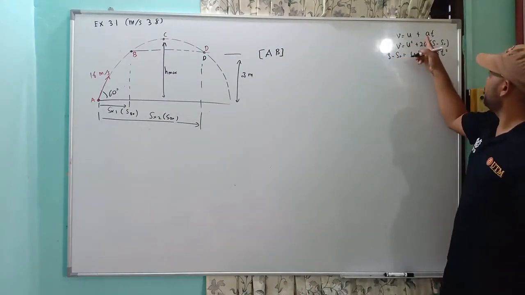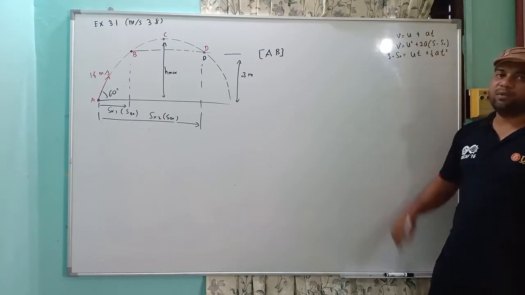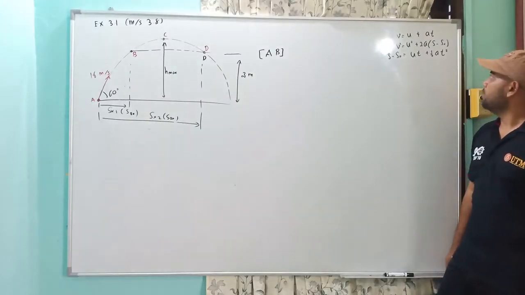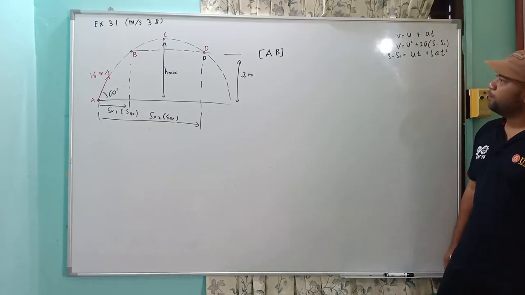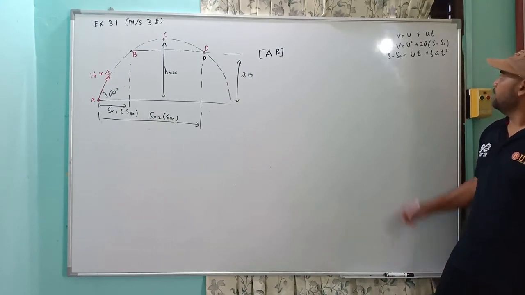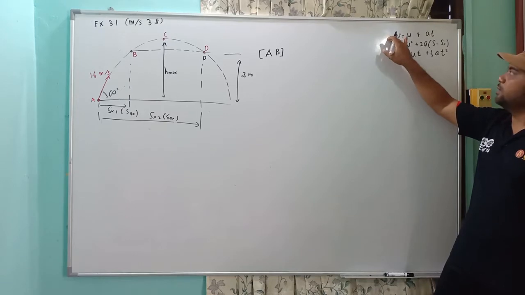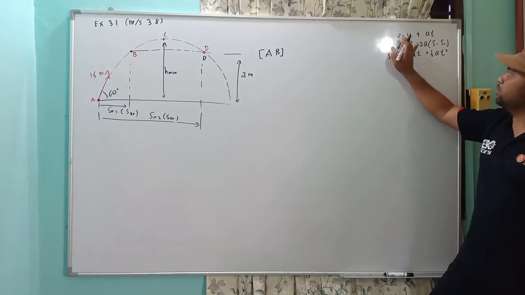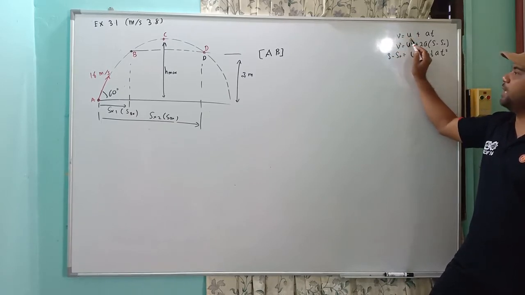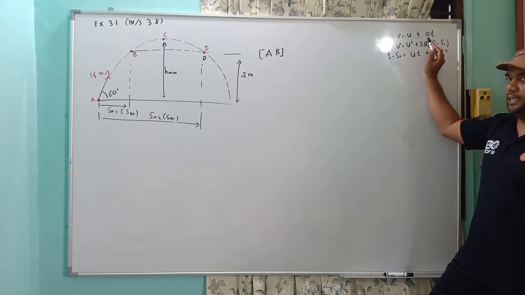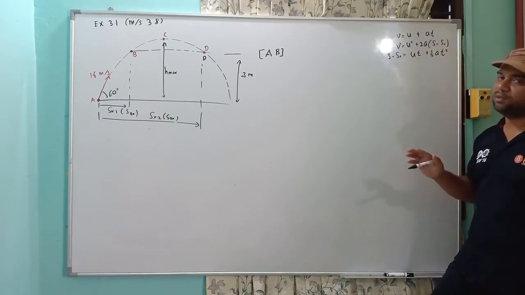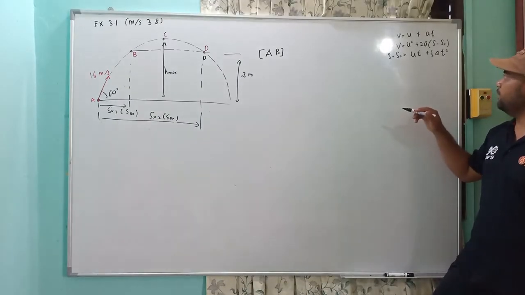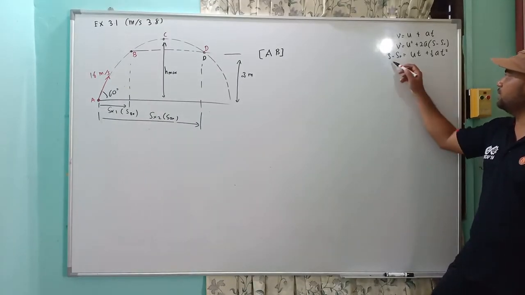Okay, so here you can see from equation 1 and equation 2 we have the time. V equal to u plus at. If we want to choose equation 1, analyze now. V will be Vb, u will be Va. The thing is, Vb you didn't know, Va you know, acceleration you know, but the time also you didn't know. So you have 2 unknowns. You cannot choose this equation. So we have to go to the next one that have time, which is this one.